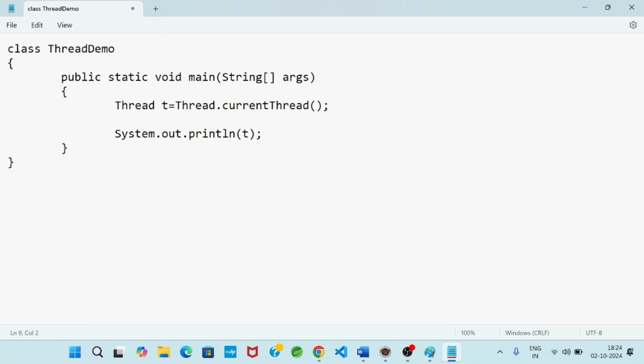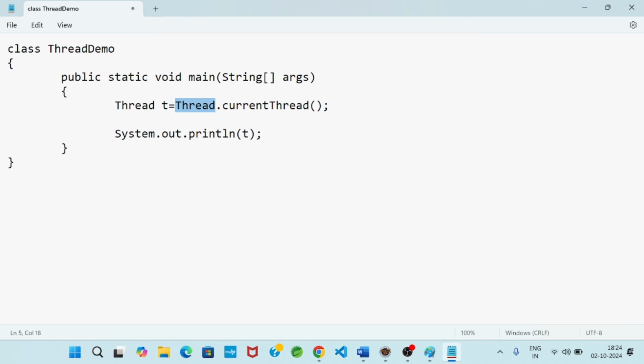You remember Thread is a built-in class name. On the right-hand side, currentThread is a built-in method. It is invoked by the Thread class.